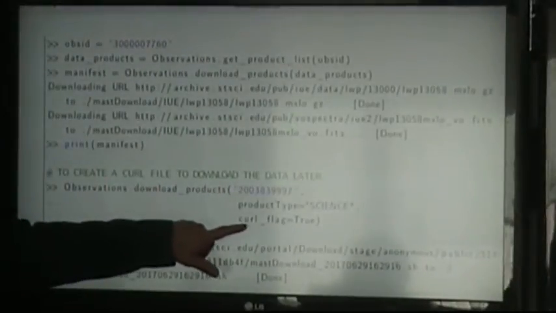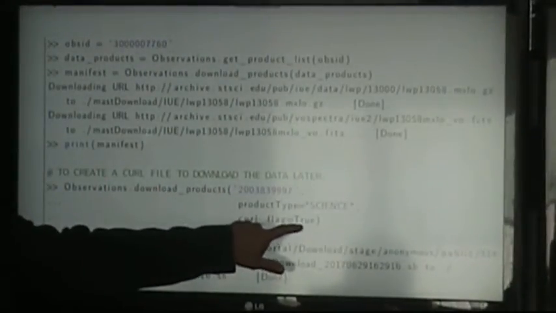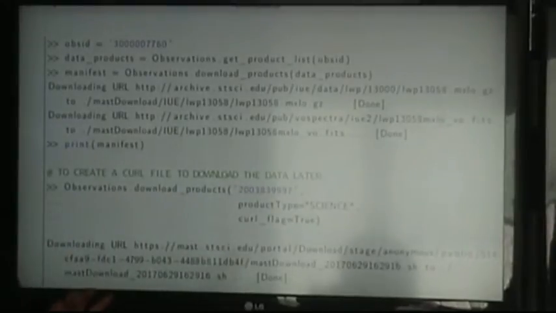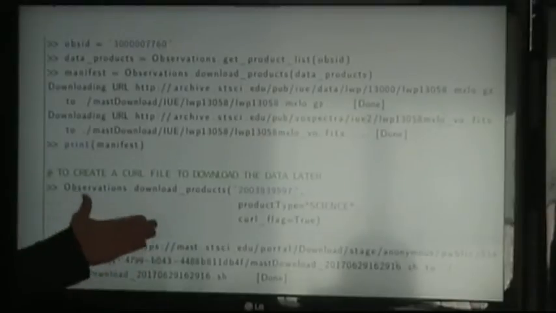So this directly downloads the data, but we can create a curl file just to download later. Instead of downloading them, we just set the curl flag to true, and then it creates a curl file. After that we can execute the file. Actually, it is a bash file that contains a curl code. So after that we can